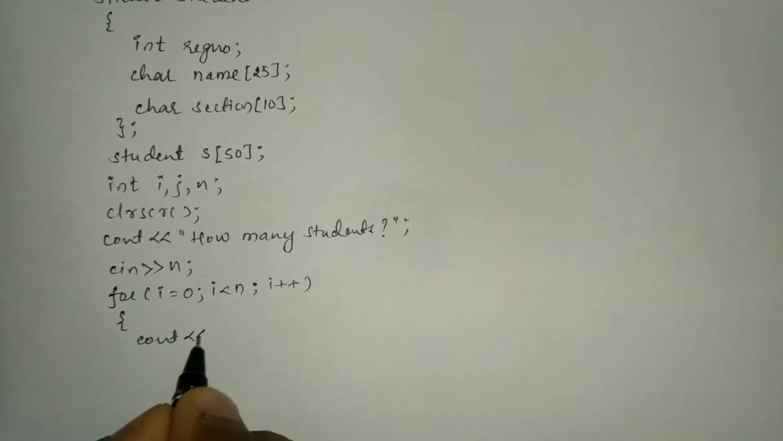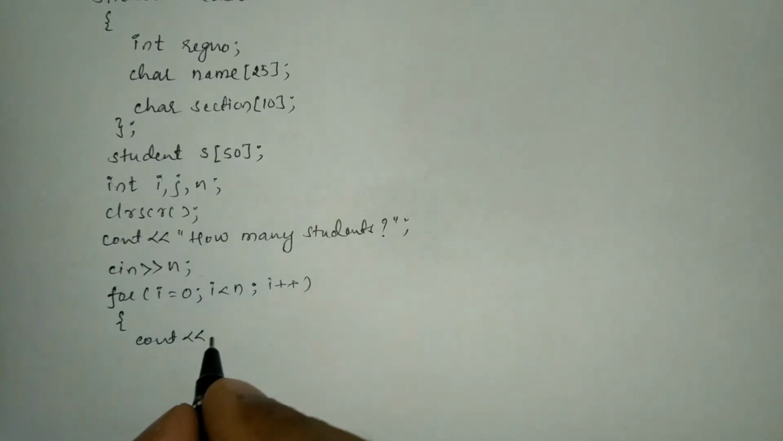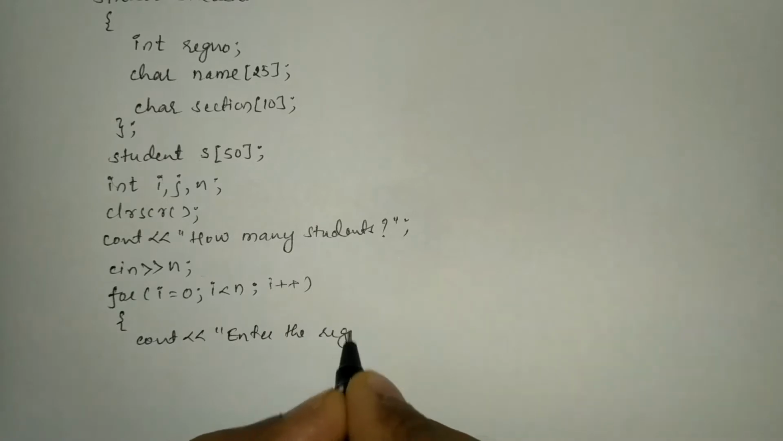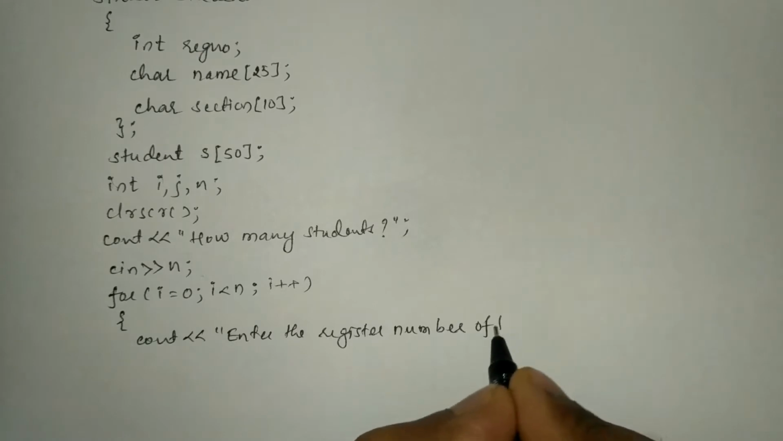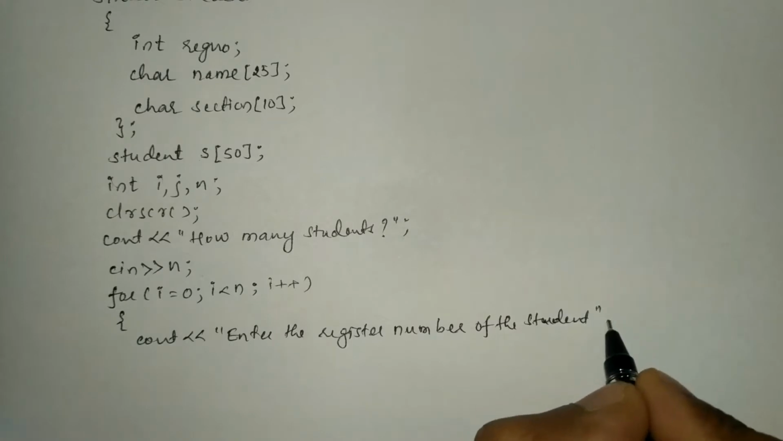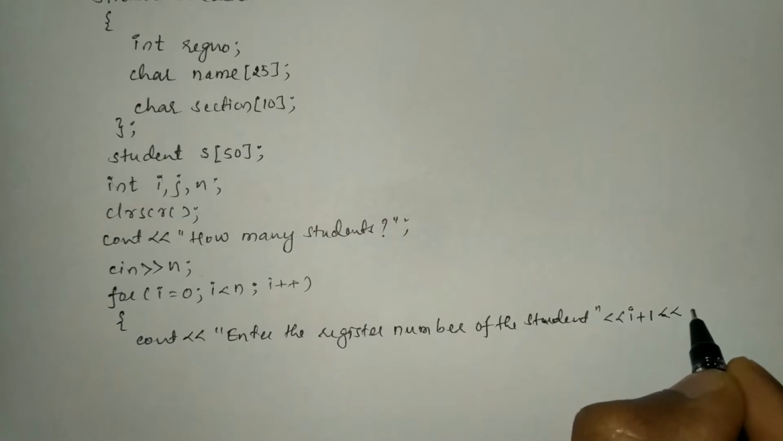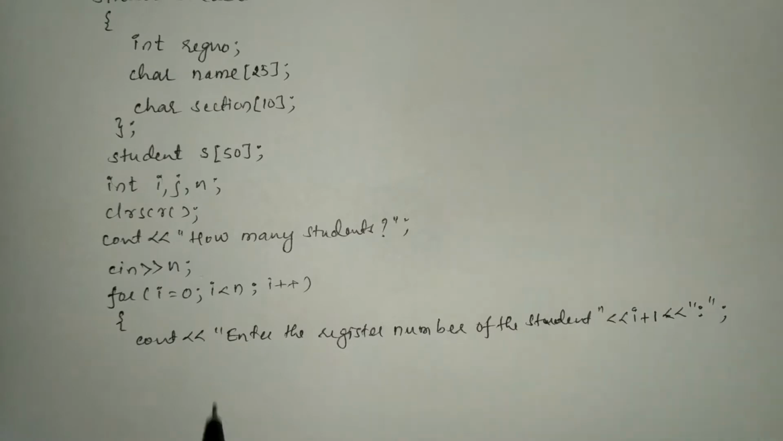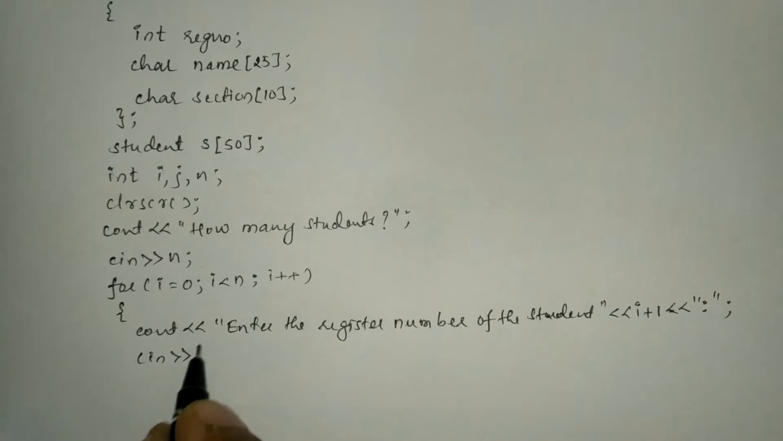Now we'll write cout. Here you can see in that structure definition we have got register number. Now we will ask the user to enter the register number of the student and the double quotation mark. Here I'm going to write i plus 1. So stream insertion operator, and in a double quotation mark I'll put colon, end the double quotation mark and put semicolon over here. Next I'm going to receive the response from the user through keyboard using cin stream extraction operator,